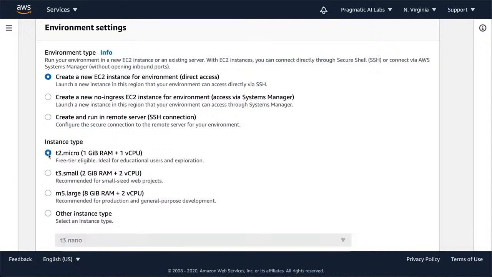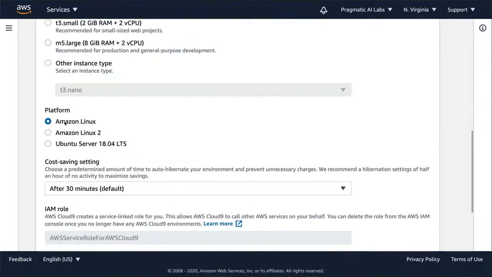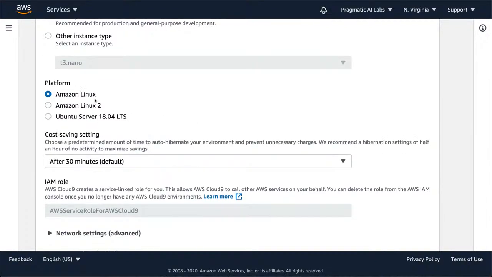So again, I'm going to go through here and just pick the default. Also, in terms of platform, it's probably a good idea to leave the defaults in most situations. There's either Amazon Linux, Amazon Linux 2, or in the future there could be Amazon Linux 3, or maybe something like Ubuntu server. A lot of times the defaults are going to give you the best experience when you're developing your project. In this particular case, I'm going to select Amazon Linux 2 because it contains a slightly newer version